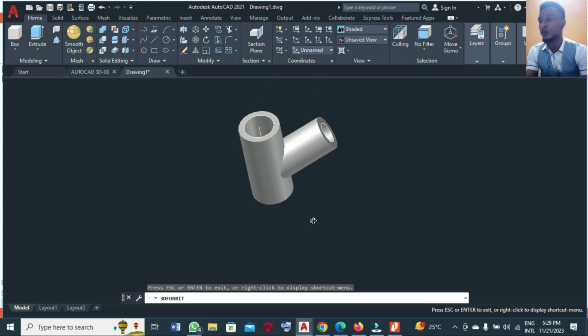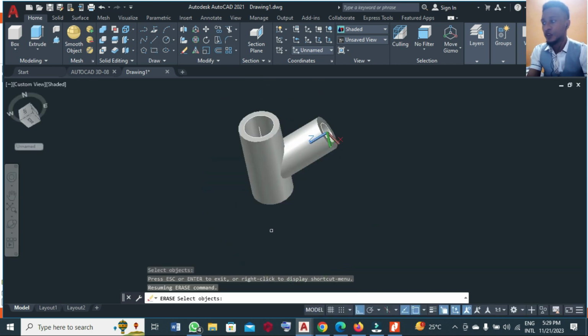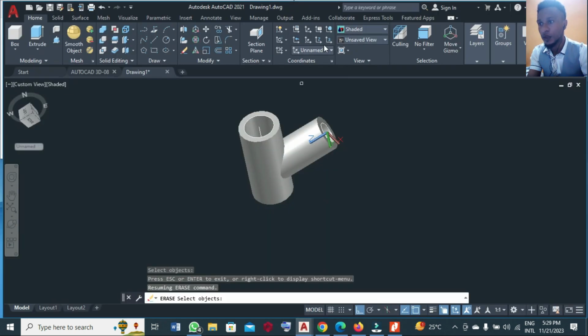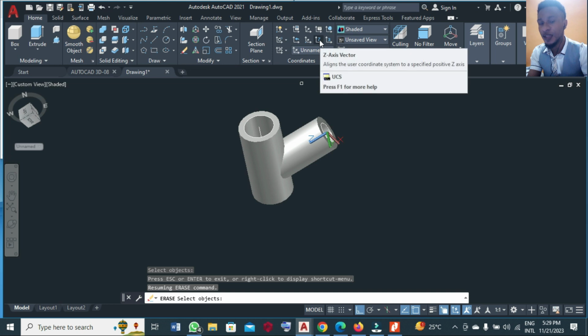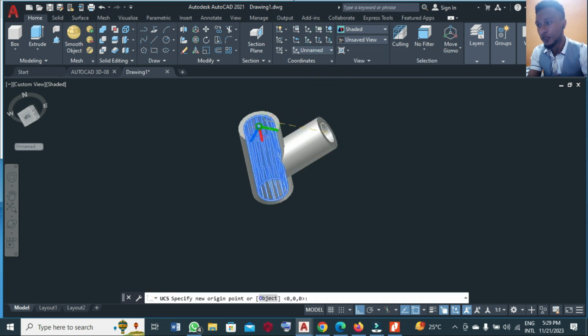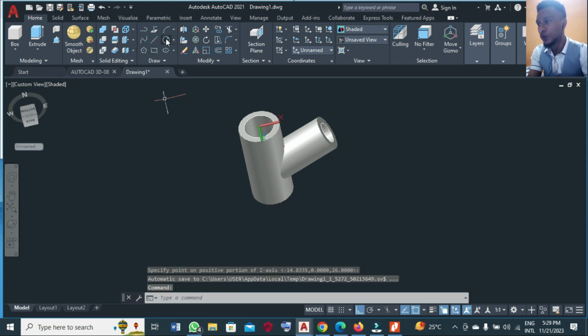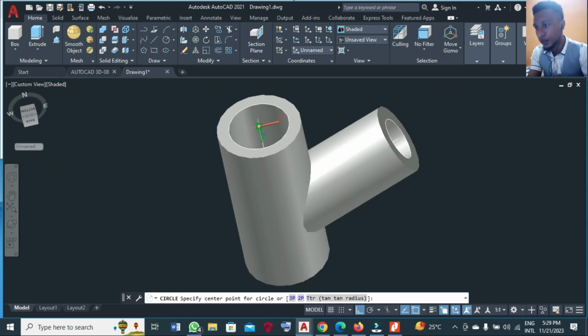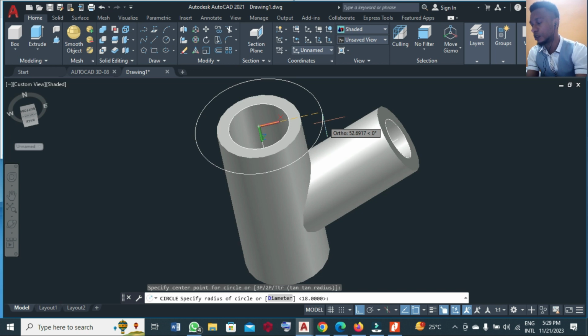All right, so the next thing we are going to do is to draw this part on top here, what we have on top here. To draw that, we are going to use this Z-axis vector again. You click on it, you click at the center of this and drag it downward following the coordinates. At that point, we are going to click on this circle and make a circle. Draw a circle of radius 60,